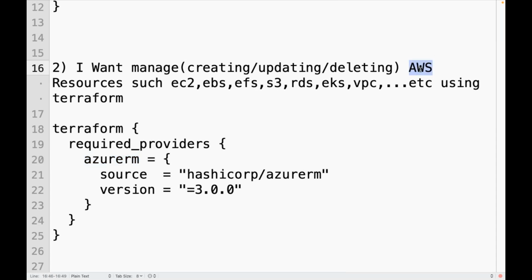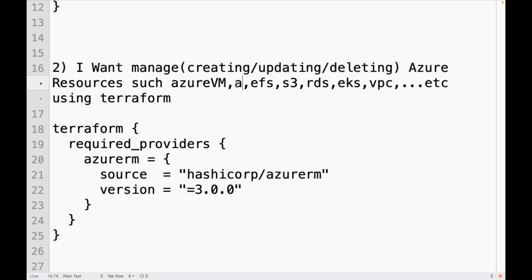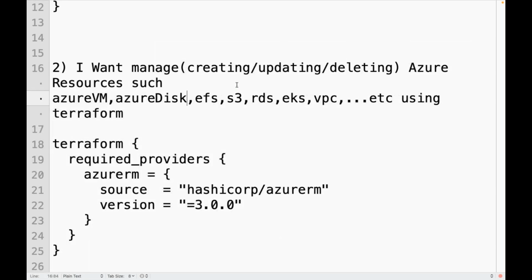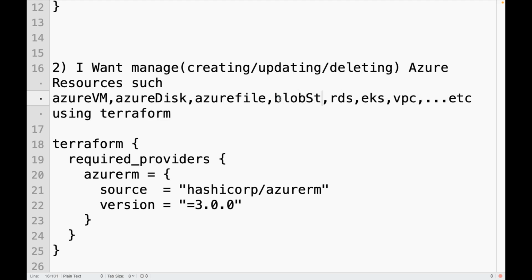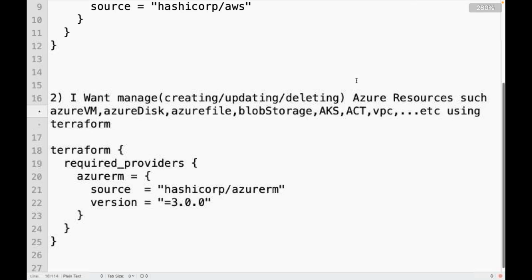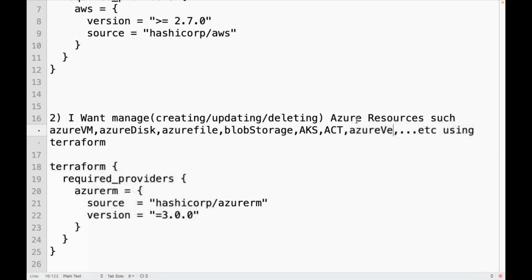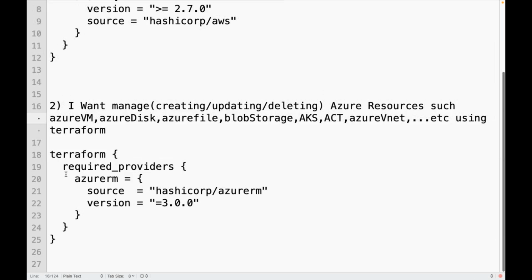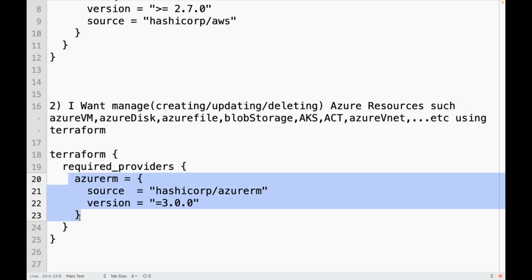Azure resources such as Azure VM, Azure Virtual Machine, Azure Disk, Azure File Store, Azure Blob Storage, or AKS, or ACR, or Azure VNet. You need to define in Terraform that I want to use this provider to manage my resources. Is everyone clear how important this Terraform block is?